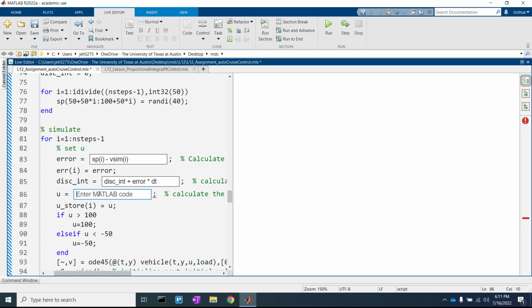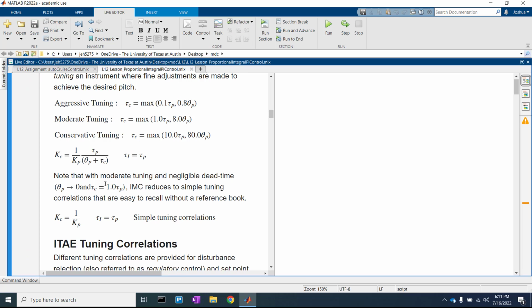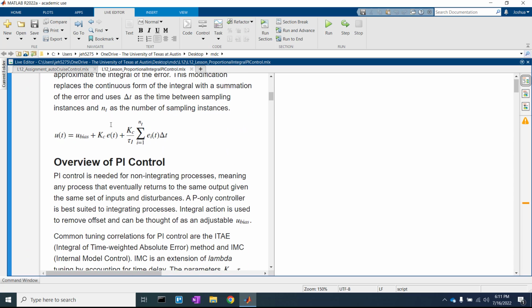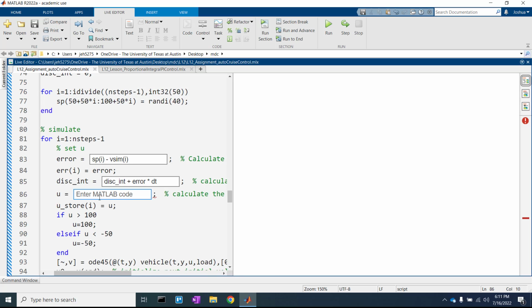Finally, we have u. Let's think back to our PI controller equation now. In fact, let's look at it. U is equal to U bias plus Kc times E of t, which is the error, plus Kc divided by tau I times the integral of error. So our U bias is 0, so we'll just leave that out in this case. So we have Kc times error